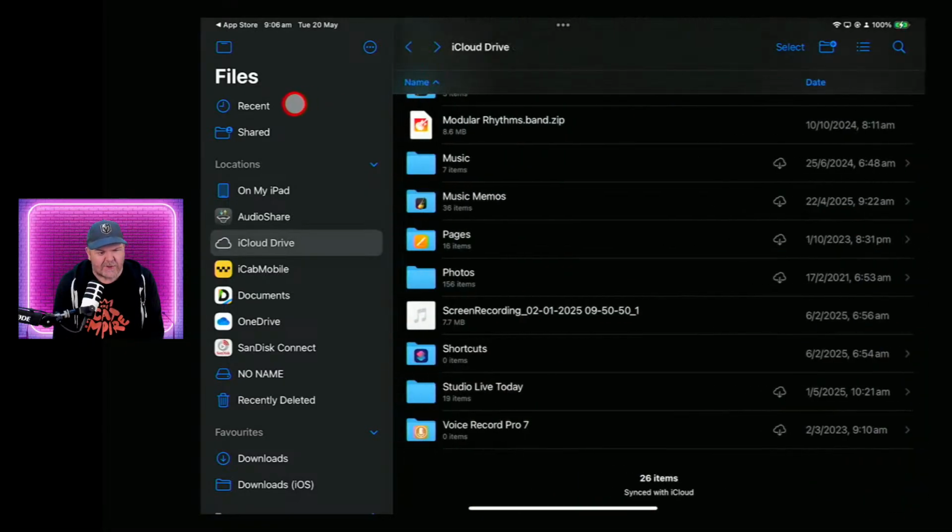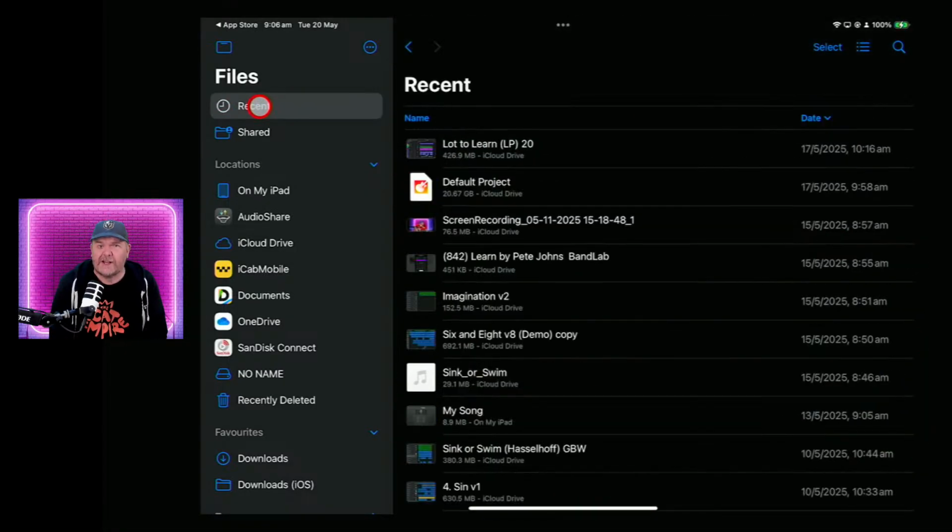The other thing we have here is Recents. I did a recent video about Recents, telling you why you shouldn't use Recents. Recents is not a folder, it's not a location. It is just a list of recent files that you have used. And the problem with that is it doesn't update automatically. If you say update something in the iCloud Drive, it waits for it to upload before it goes here, so it won't always show your most recent file. And if you are trying to save a file and it defaults to the Recents tab, it won't let you save it.